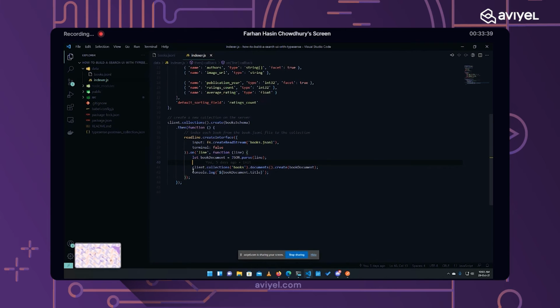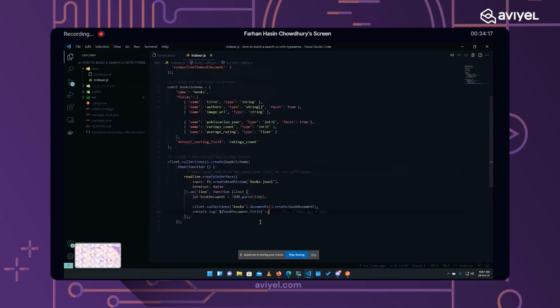The client.collections method, as you can see here, can also take a parameter called the collection name. By saying client.collections and passing books as a parameter, we are telling the client to use this collection for the upcoming operations. Then we are going inside documents and creating a new document using this JSON object, sort of a JSON string, and then we are just printing out the book document title.